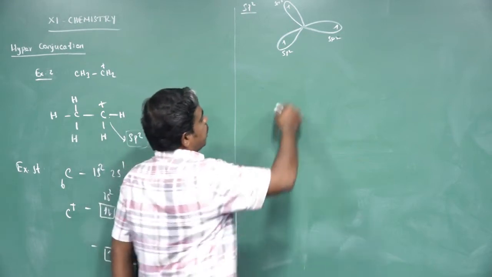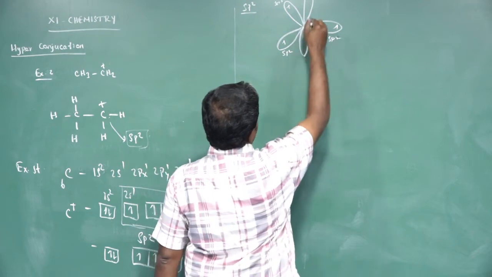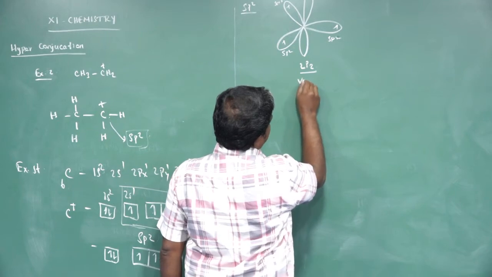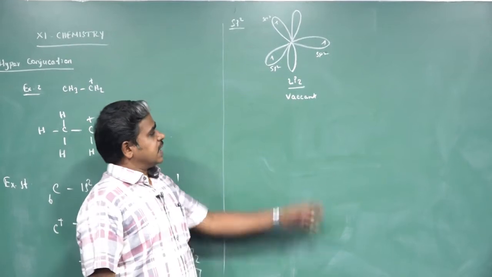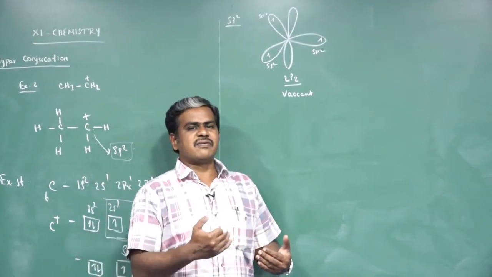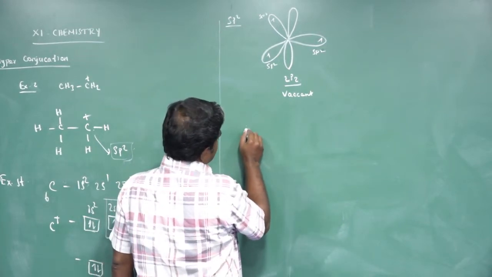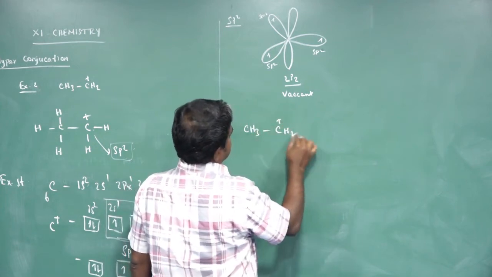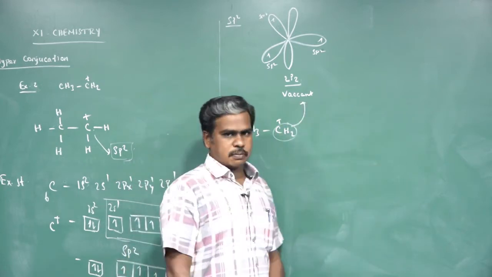Now the 2pz orbital is perpendicular to these sp2 hybridized orbitals, and it is vacant or empty. Now this vacant p orbital is delocalized with the CH bond electron, so we may take that here it is CH3 and CH2 plus, and this CH2 has this vacant p orbital,